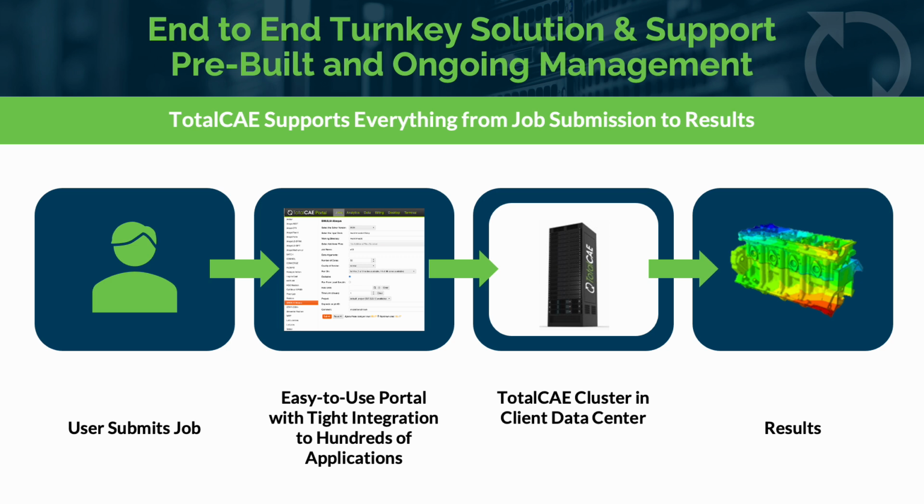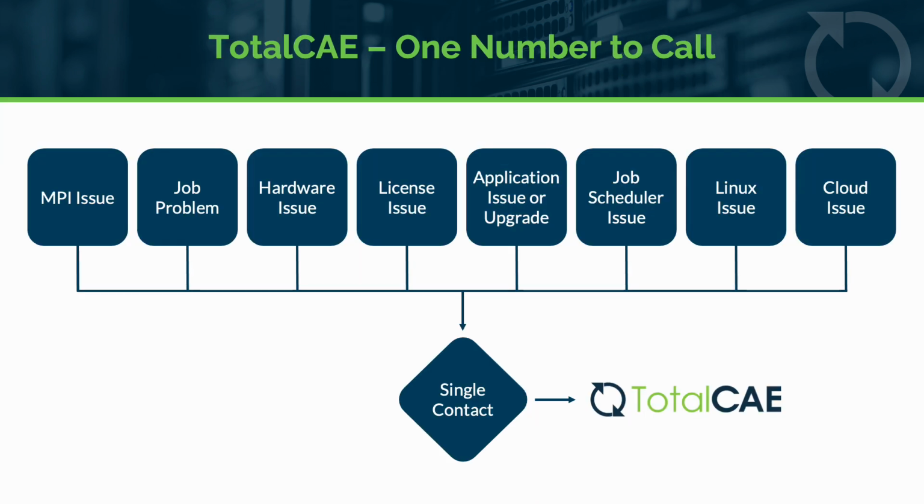Again, we do everything from the time you push the button till the time you get the result. Everything in between is TotalCAE's responsibility. If anything goes wrong, you just call us, and within 1 hour, one of our IT experts is going to help you figure out why your model's not working, what's going wrong. Is it the model? Is it the app? Is it the scheduler, the MPI, the Linux, the hardware? There's a lot of moving parts in HPC clusters that make them difficult to manage and support, but that is all we do every day for hundreds of clients, so we can help you get and keep your deadlines with